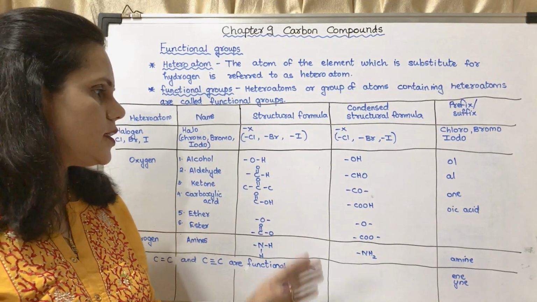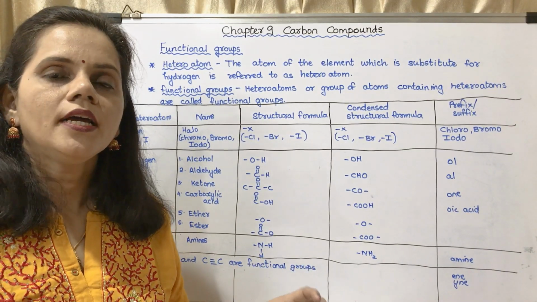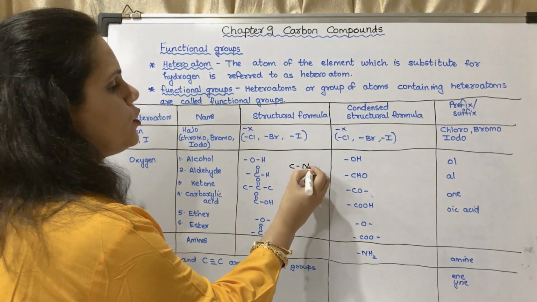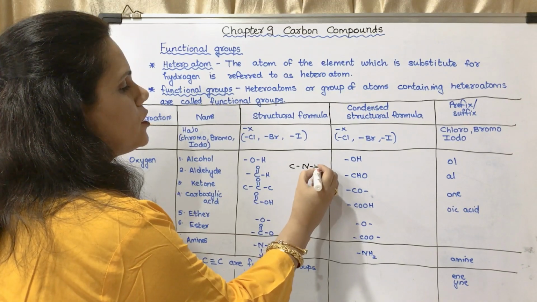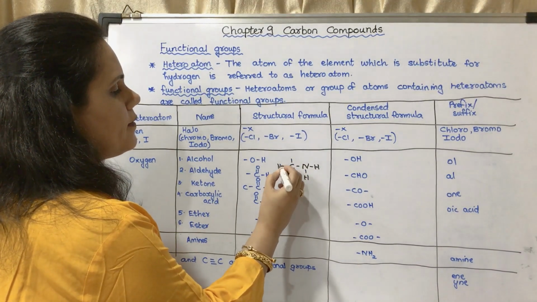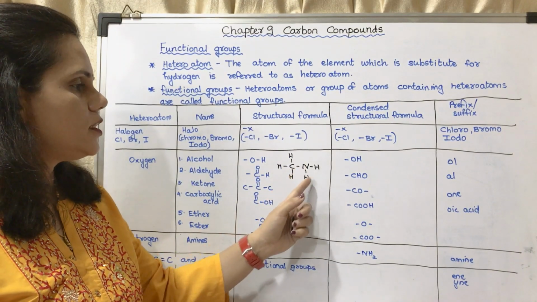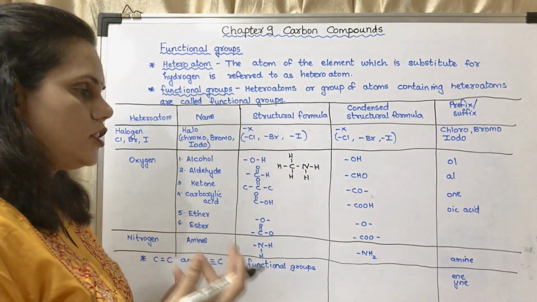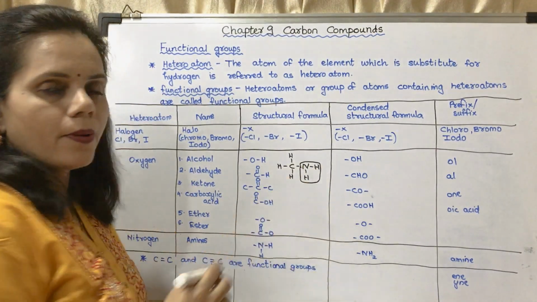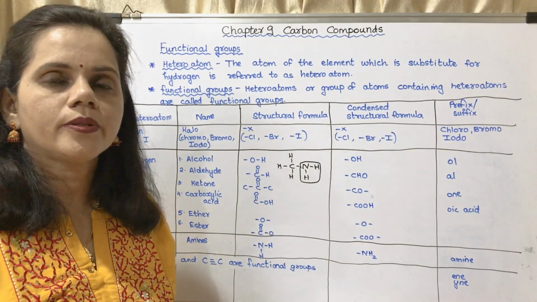Now these heteroatoms, just now I showed you only one oxygen, one nitrogen. It could be a group of elements also. For example, this carbon could be connected to one nitrogen and that nitrogen could have two hydrogens. That means this carbon has hydrogen everywhere but nitrogen on one side, and that nitrogen is bonded with other hydrogen atoms. This is an example. So here this is the group. It is a group. Which group is it? It is NH2, which is bonded to the carbon atom.